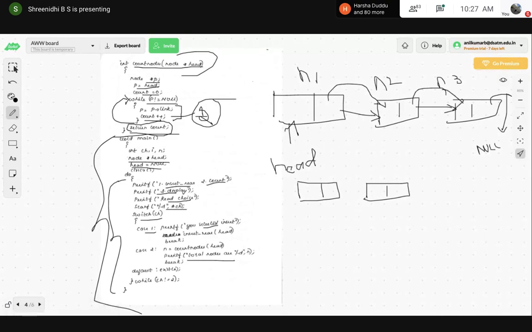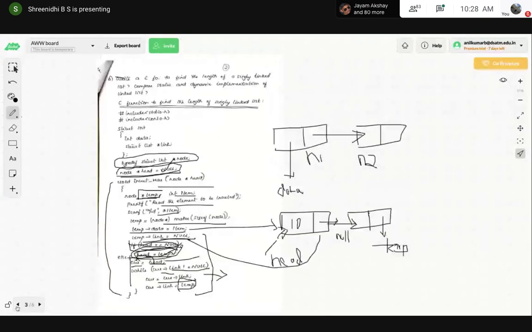Then in the switch, case number 1 selects the item to be inserted. The insert array function is called there, and we send the head variable. In the previous case you can see that the insert array function is there, so this function is called.